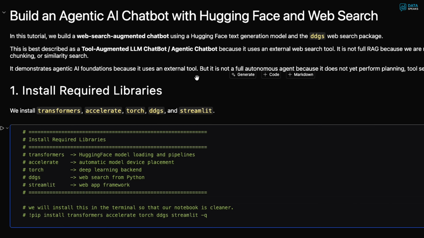In this video series, we are building an Agentic AI chatbot using a Hugging Face model that enables web search. This chatbot is specifically called a Tool Augmented Chatbot, or we can call it an Agentic Chatbot. This is definitely not RAG because we are not using embeddings, vector databases, chunking, or similarity search. This is neither a fully autonomous agent because we are not using planning, tool selection, memory, and multi-step action loops. However, this is a tiny demonstration of Agentic AI foundations so that you have some idea of how Agentic AI